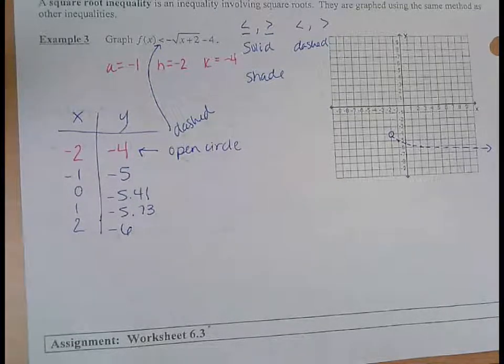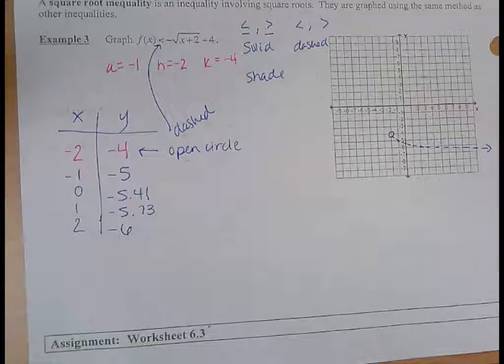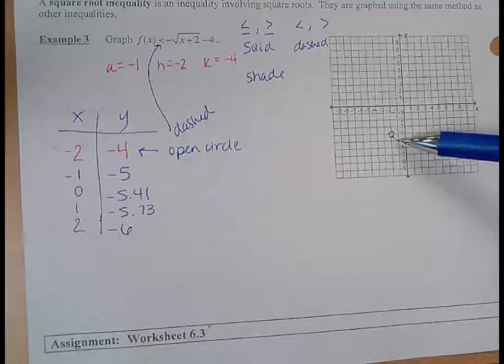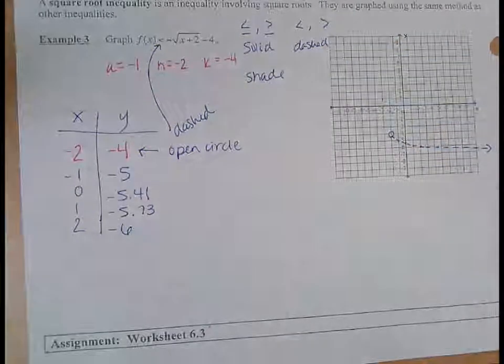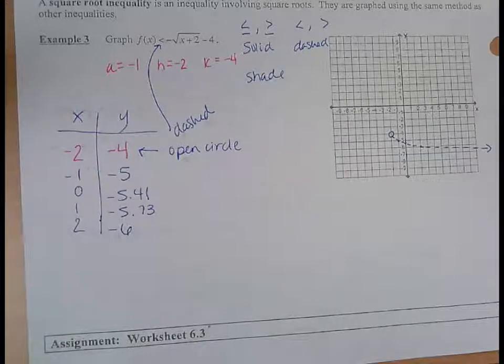And then for the shading, so notice usually when we would graph a line or a parabola, we drew it through the entire coordinate plane, so it split the coordinate plane into two different parts, and we would test a point and then determine which part to shade. There's no separation of parts on this coordinate plane because everything is open. A square root function doesn't completely go through the entire graph. So for shading, you don't need to test a point for these. Instead,